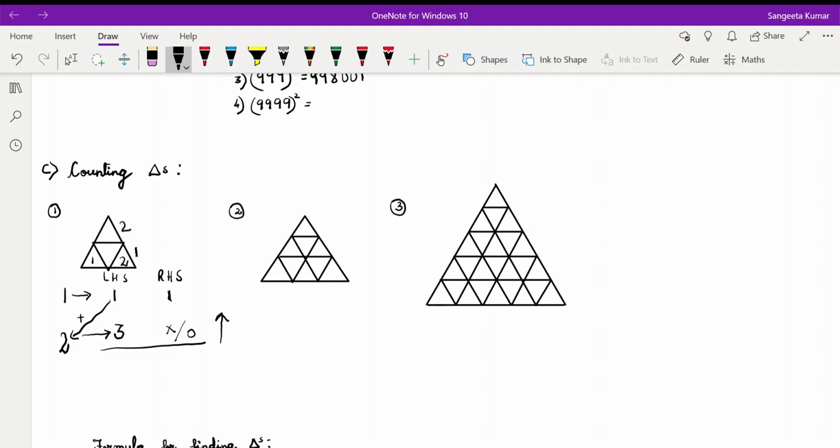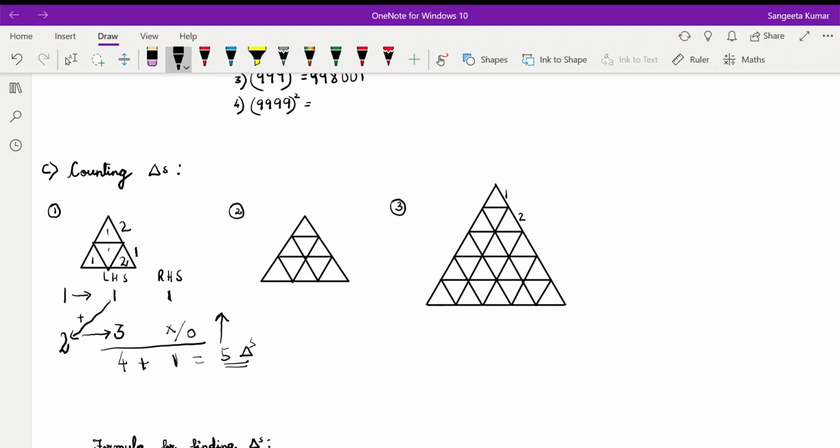Now you have to add the left hand side, you get 4, and you have to add this also, you get 1. Then these two are added together to get the final result, that is 5 triangles. Now you can count here, 1, 2, 3, 4, and the bigger one 5. Same rule we apply for all these. Here again I would like to give the 2 as a homework, a task for you all, and I move on to the figure 3 where the partition, let us write down the partition.